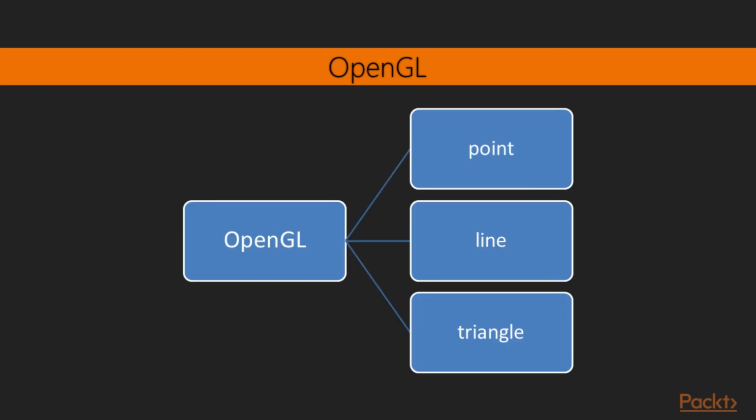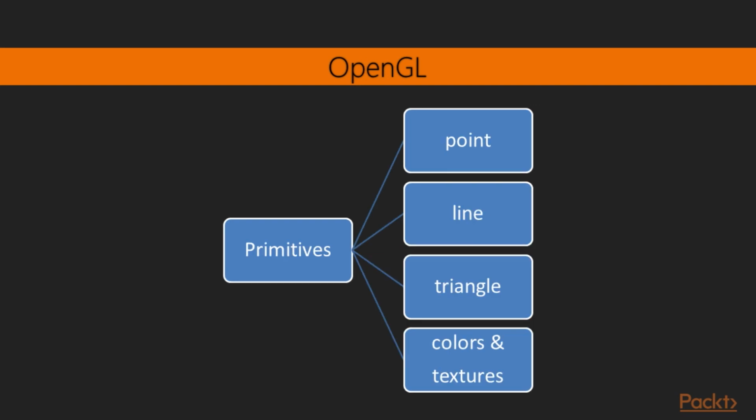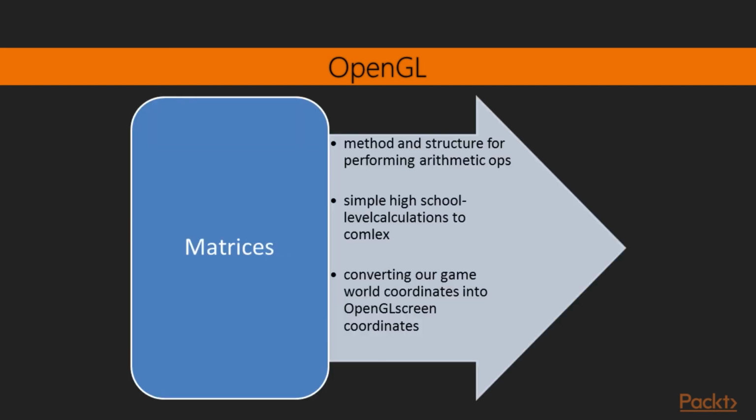In OpenGL, everything is a point, a line, or a triangle. In addition, we can attach colors and textures to this basic geometry, and we can also combine these elements to make the complex graphics that we see in today's modern games. These are collectively known as primitives. We have access to OpenGL primitives through the SFML primitives and vertex array, as well as the sprite and shape classes we have seen. In addition to primitives, OpenGL uses matrices.